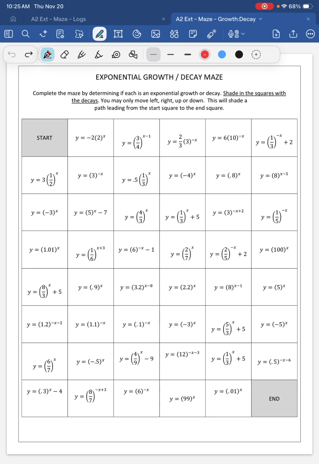Okay, for this growth and decay maze, if you're good to go, you can just go. But if it's helpful, we're going to start at start here. You want to shade the squares with decay. And I'm going to remind you, we're going to do more comprehensive notes after break, but